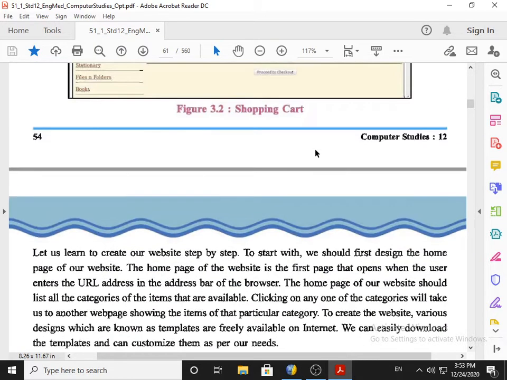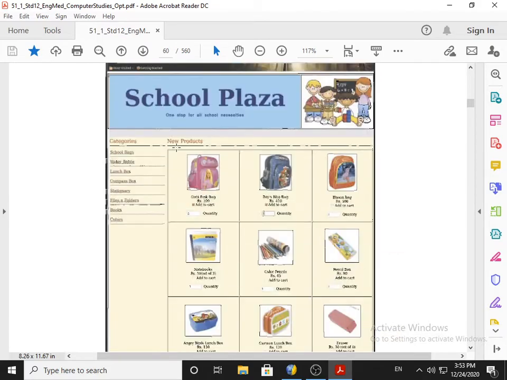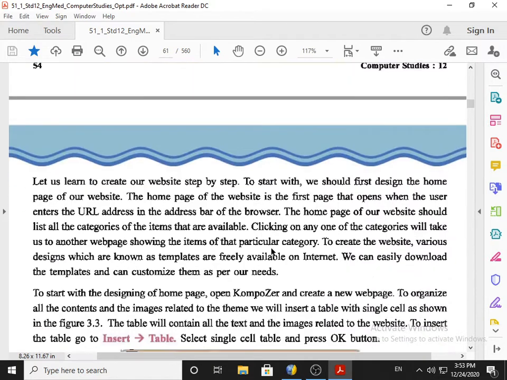For example, on the left side, school bags are available. If you click on school bag, then all school bags will come. If you click on water bottle, it will open the file which contains all the details about water bottles only. Same way, if you click on lunch box, it opens the file which contains all the details about the lunch box. So that is the way we need to design.